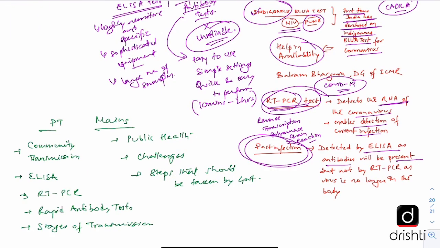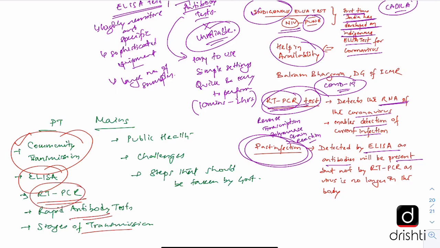Let us now look at the questions that can be asked in PT and mains related to this editorial. So in PT, one can be asked about community transmission, which stage of the disease transmission this is, how it spreads and so on, and what are the other stages. Also one can be asked about ELISA, which institute in India has come up with the ELISA test for coronavirus for the very first time, and also about RT-PCR, how it is different from rapid antibody tests and so on, and whether RT-PCR tests for RNA or for DNA. So it tests basically for RNA. So these kinds of questions can be asked in prelims, which are more of